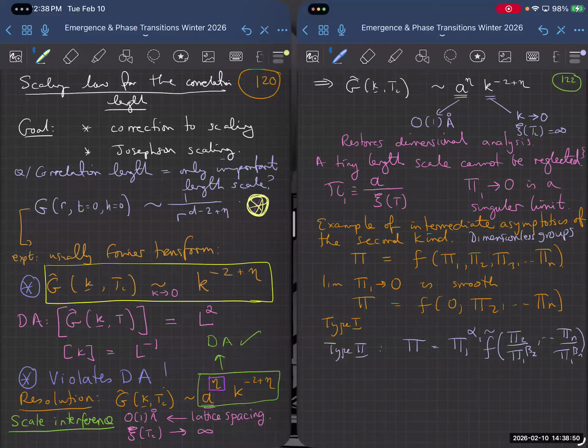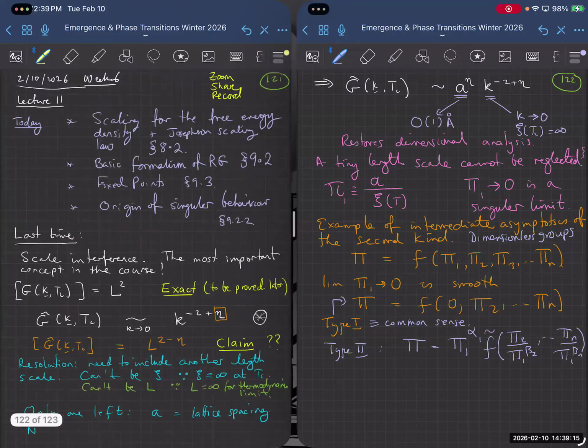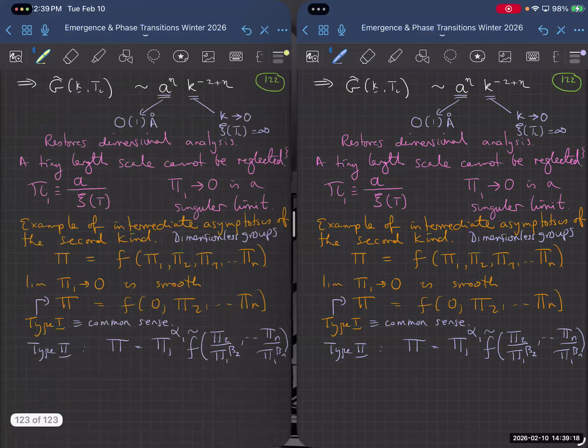And the type 1 asymptotics is common sense. If a variable is small, just neglect it. And that's what you learned on your mother's knee. And type 2 asymptotics is if a variable is small, but it comes in a singular way, you can't neglect it, however small it is. And that is the basic problem that we're dealing with in critical phenomena. And this is one of the reasons why it took 50 years for people to develop the solution to the problem of phase transitions. Okay, so that's the concept of scale interference,